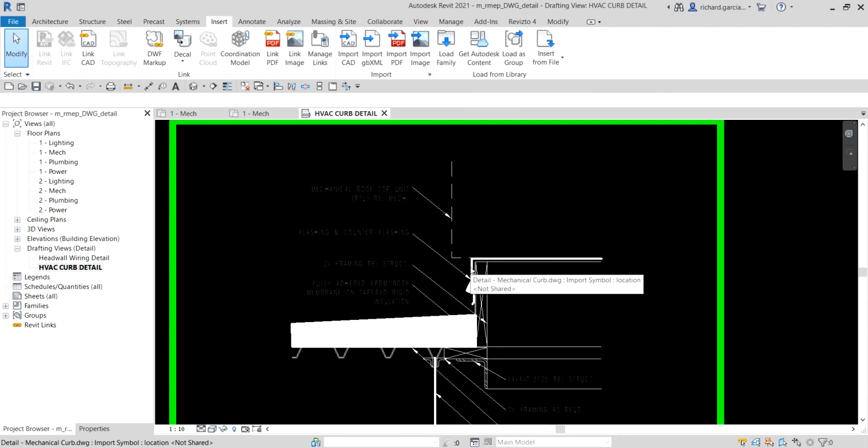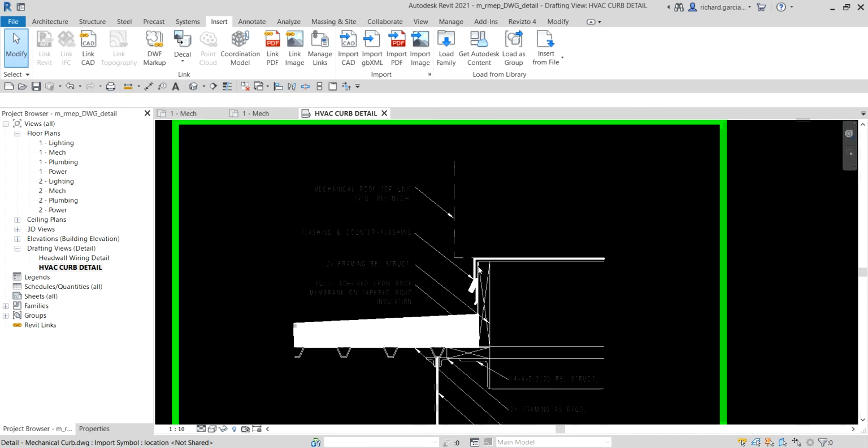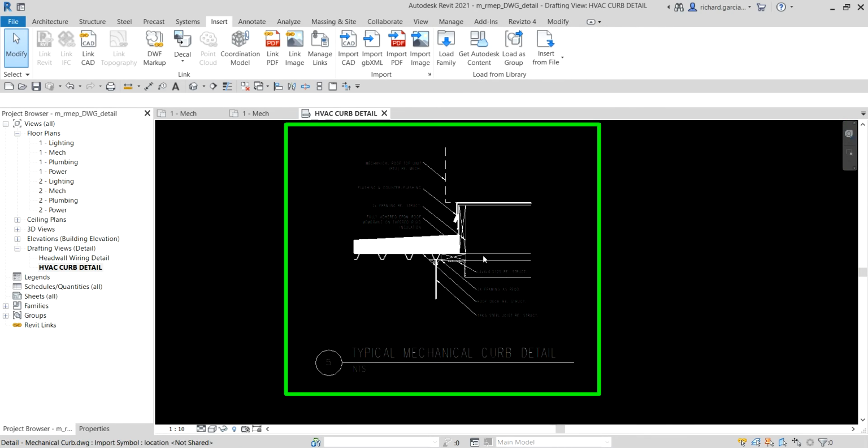Okay, so it is much thicker, because we changed that line weight to 4. Now let us try to edit the drawing details. So what I'm going to do is I'm going to select,